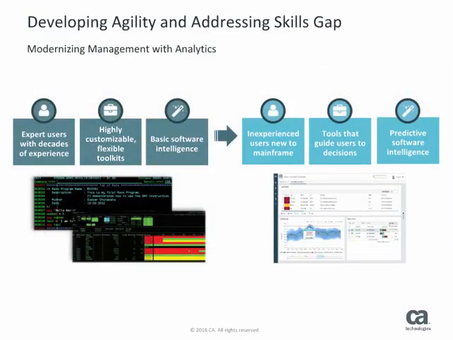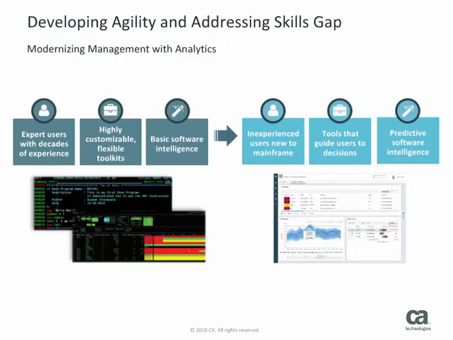Another way CA Technologies is addressing these agility and skill challenges is through Design at CA, which moves some of the tribal knowledge of longtime experts into our products and into modernized management that has predictive analytics. As the next generation of engineers and operators enter the mainframe workforce, they are challenged to leverage existing tools and capture the last remaining tribal knowledge of longtime experts in order to deliver the level of service expected from the platform. This is compounded by the increasing complexity of management and problem solving as the mainframe becomes more connected to the rest of the enterprise.